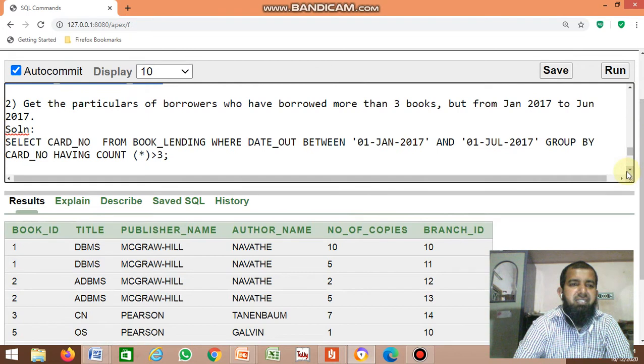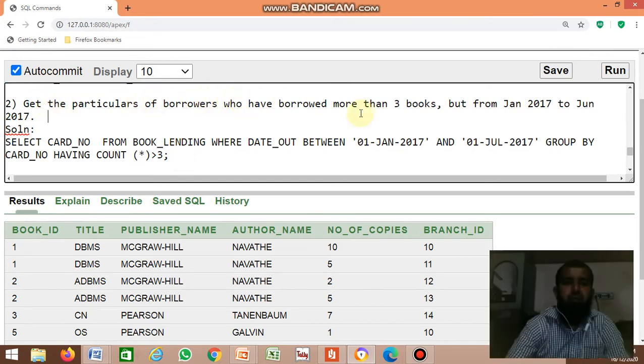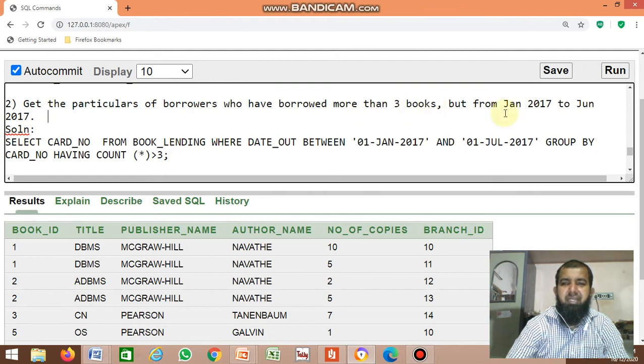Next, second question is, get the particulars of borrowers who have borrowed more than 3 books, but from January 2017 to June 2017. So you have to display what? Get the particulars of borrowers who have borrowed more than 3 books, but from January 17 to June 17. So what is the solution?